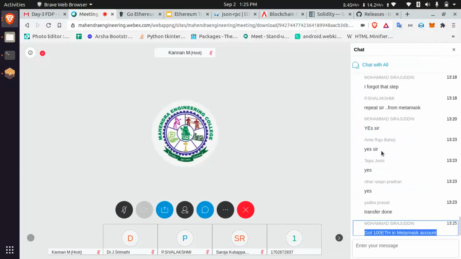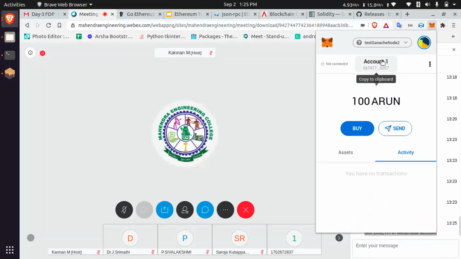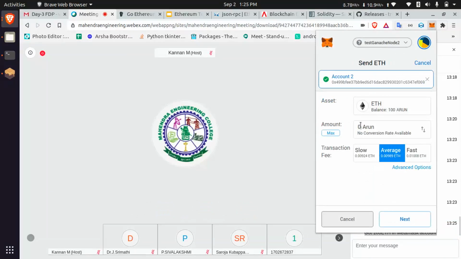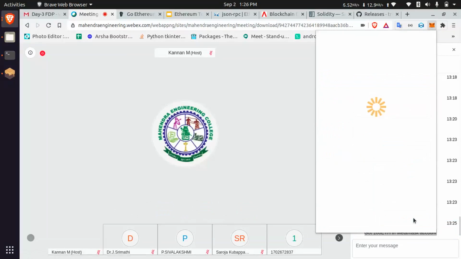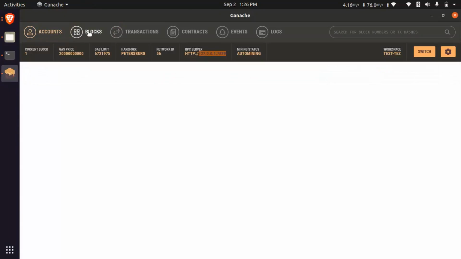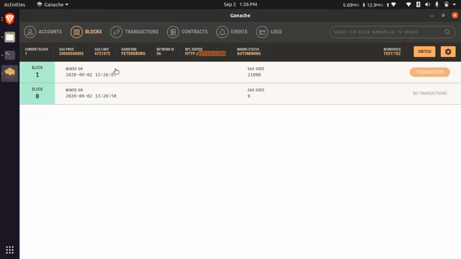Once done, try to transfer within this account, and then you can see the transaction in Ganache. Just try to transfer to the second account, send to Arun, and then confirm. Then move here and click Blocks.